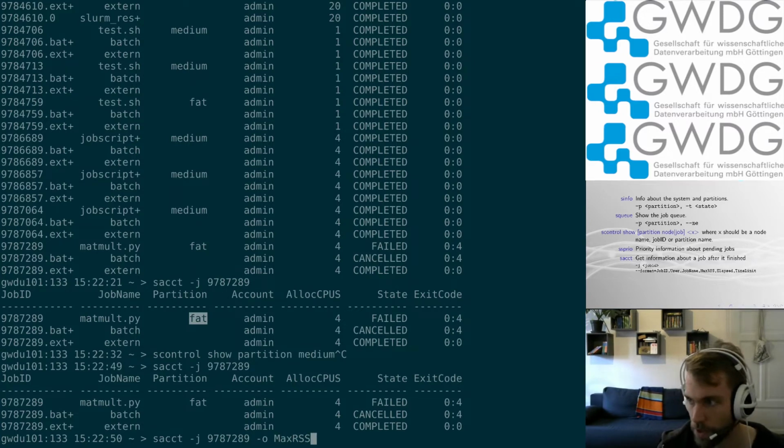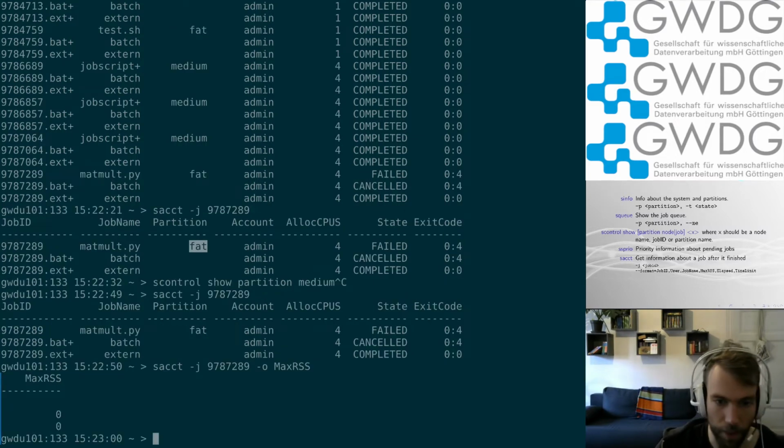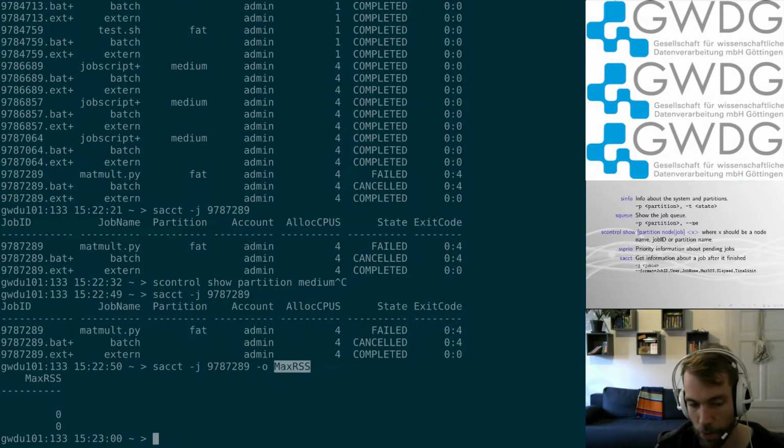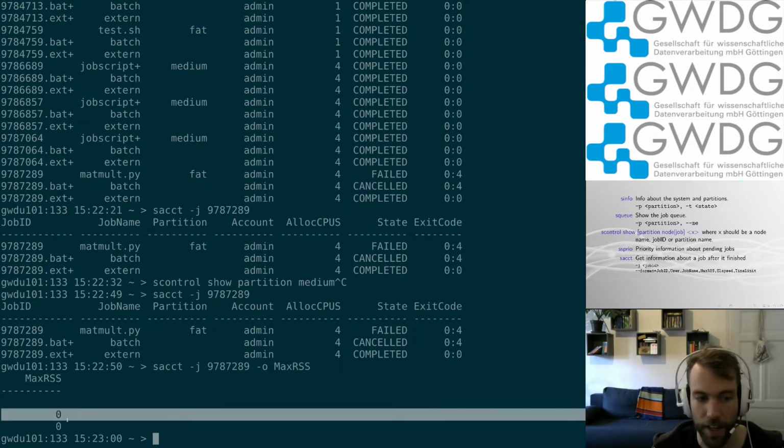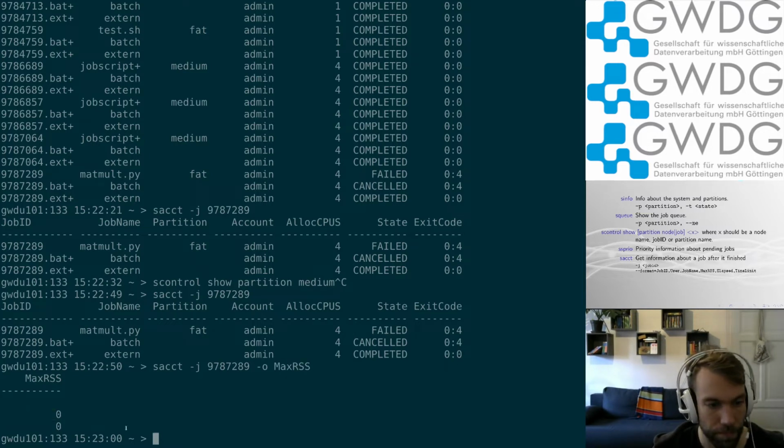And what's also interesting, you can see, for example, how much memory did it consume, which is important for these memory jobs. In this case, MaxRSS means maximum resident set size. This is essentially the maximum memory on a single node. In this case, it failed immediately, but